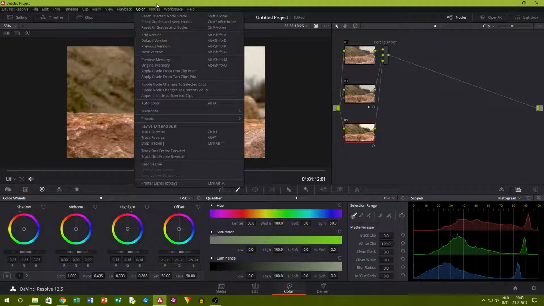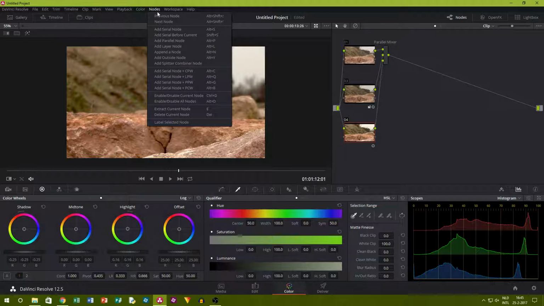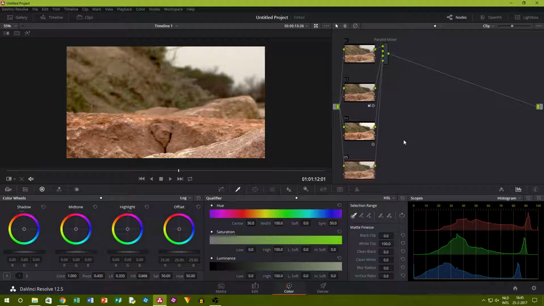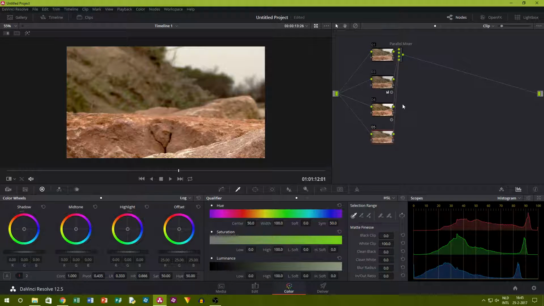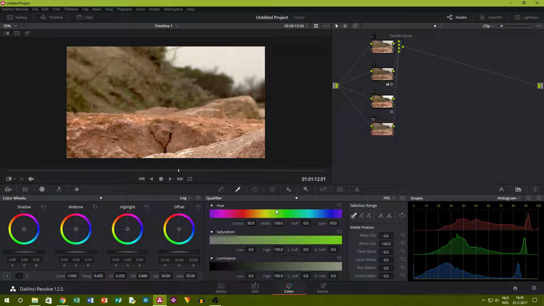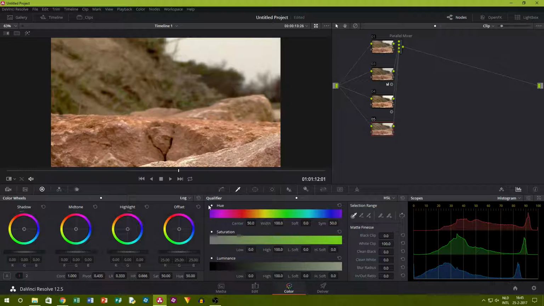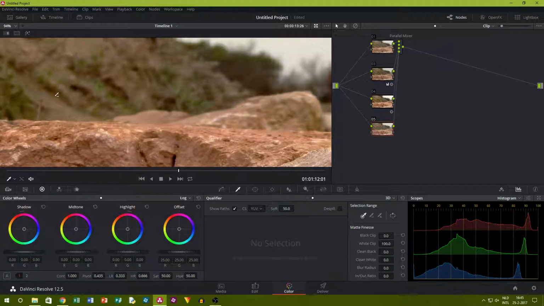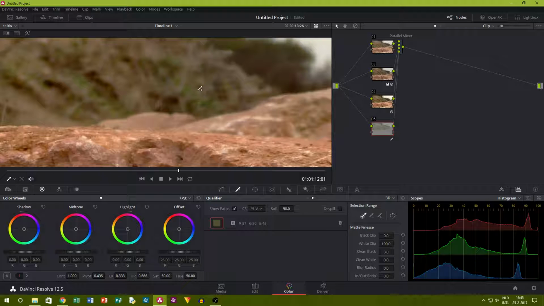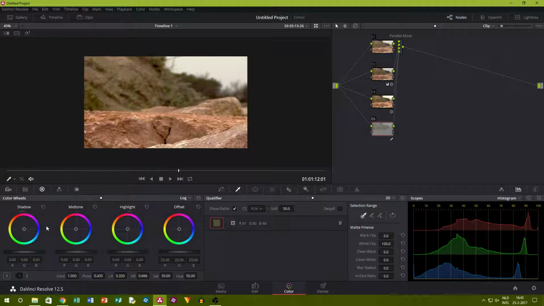Then I will add another parallel node. I really like these parallel nodes. They're just really useful. And then with this, I will go to the qualifiers. Take a 3D selection and take out the greens. And I want to